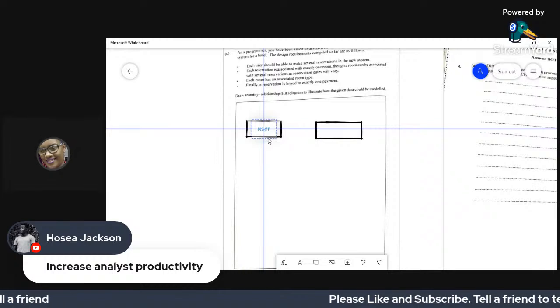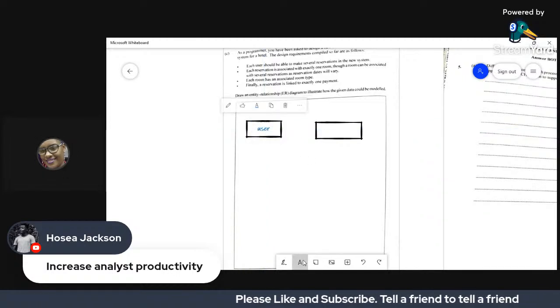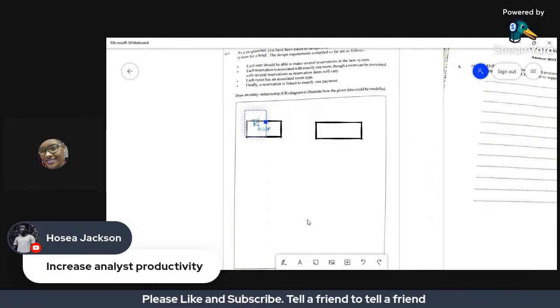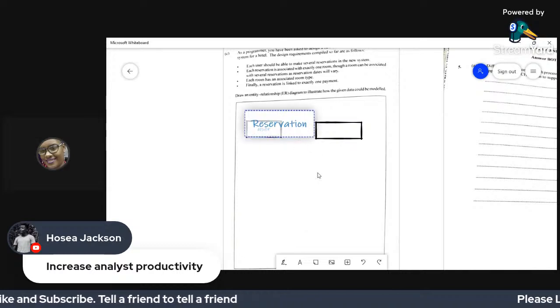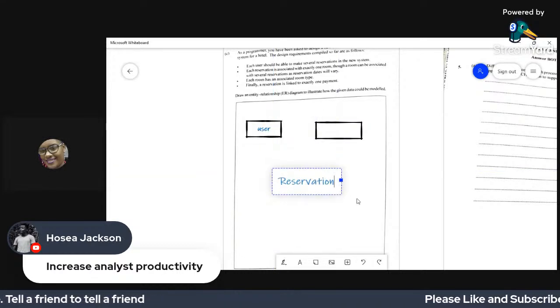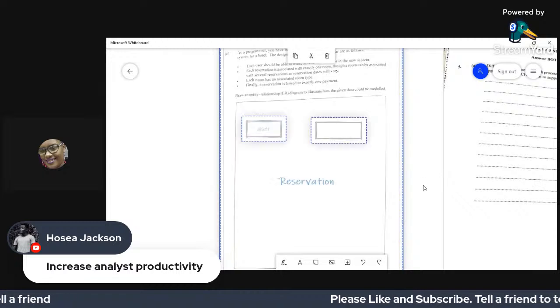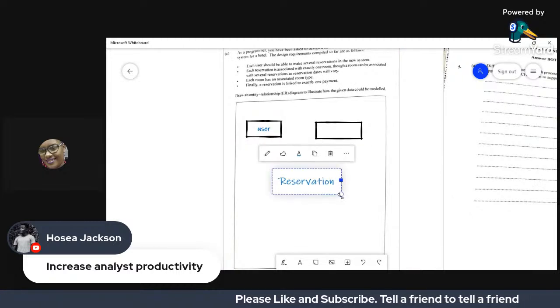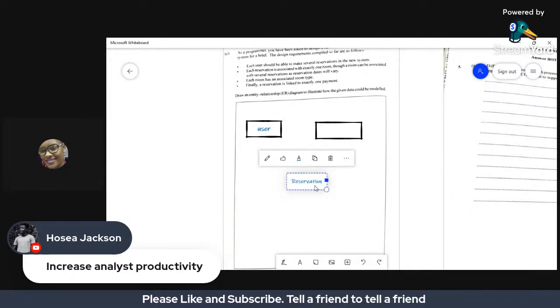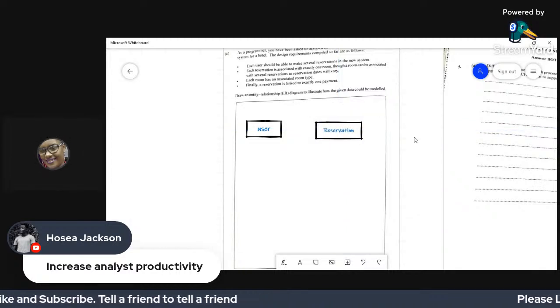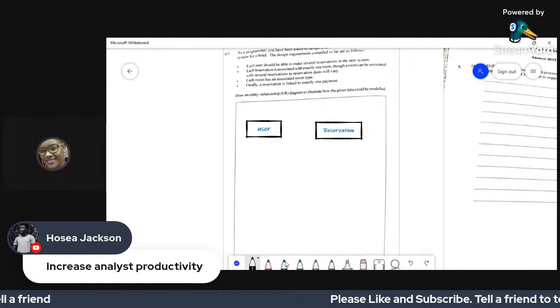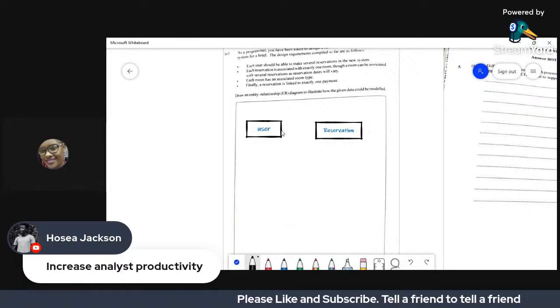So we have user and we have reservation. All right, good. So look now, we know that we need to connect between the two.